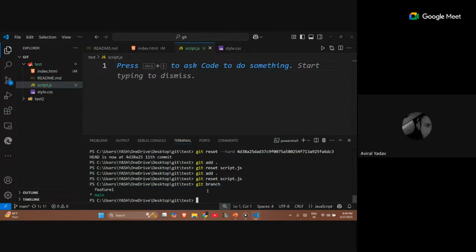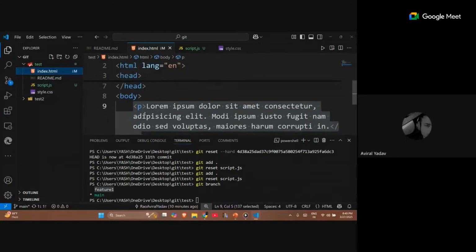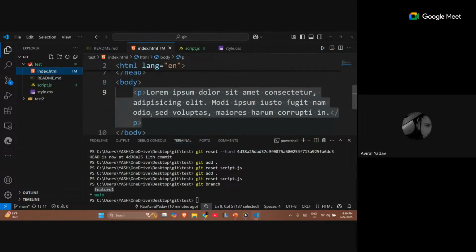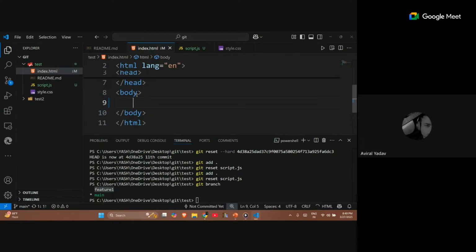Let's say I'm working on the main branch, and my friend, a backend developer, is working on feature one, the other branch. Now let's go to index. It's still not deleted. Okay, let's just delete it.